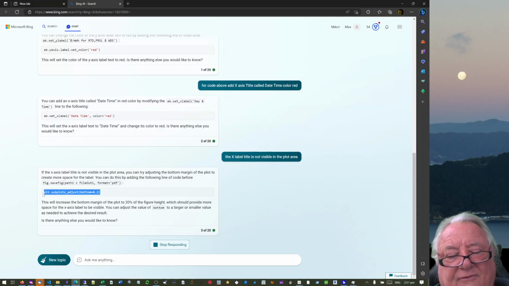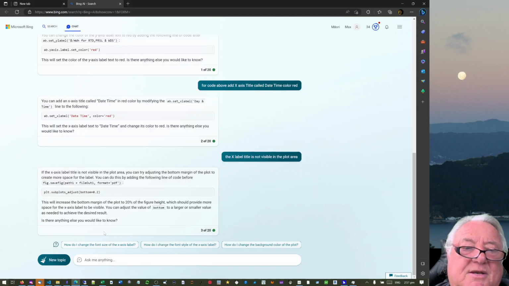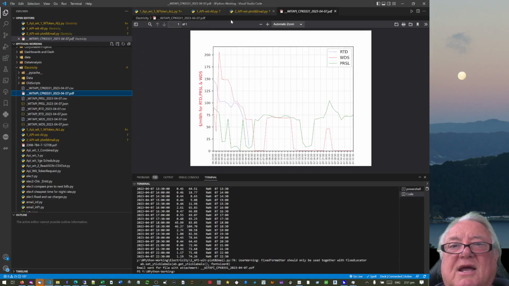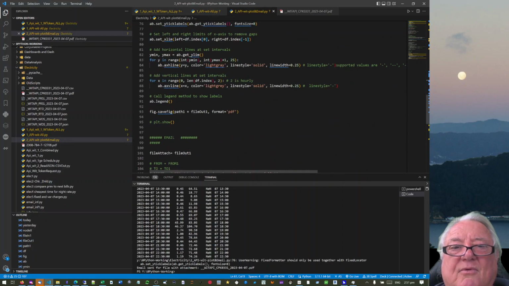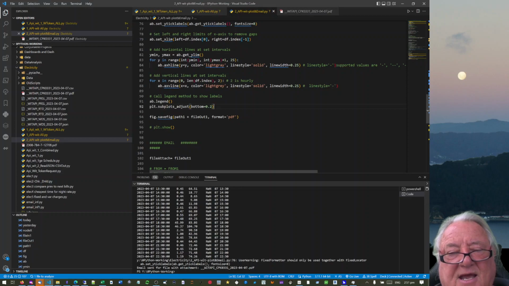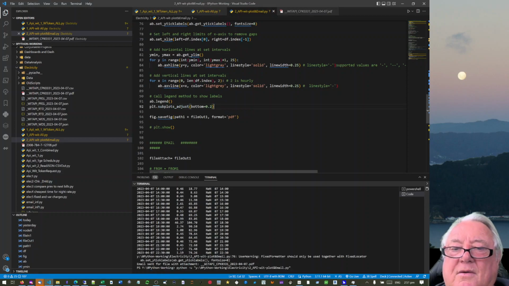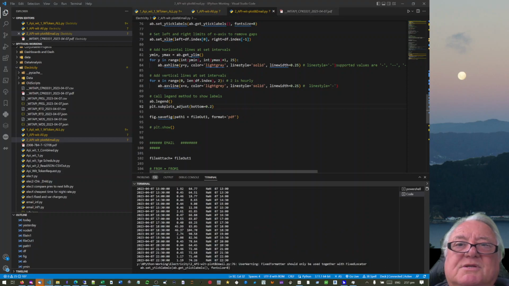Line of code before. So if I just go into there and before that line is great, it tells you where you're supposed to put the things because you're an idiot. So it's saying before that one there, V, save, run,